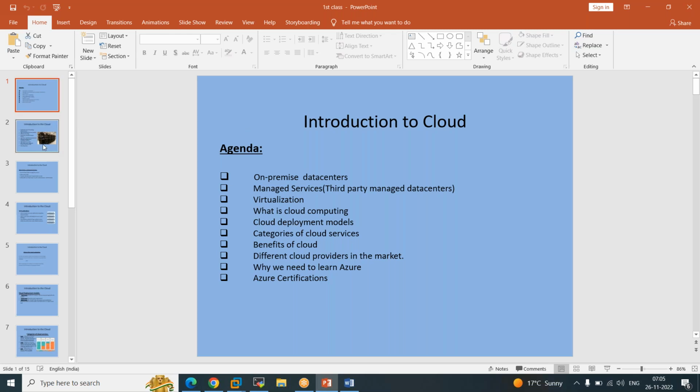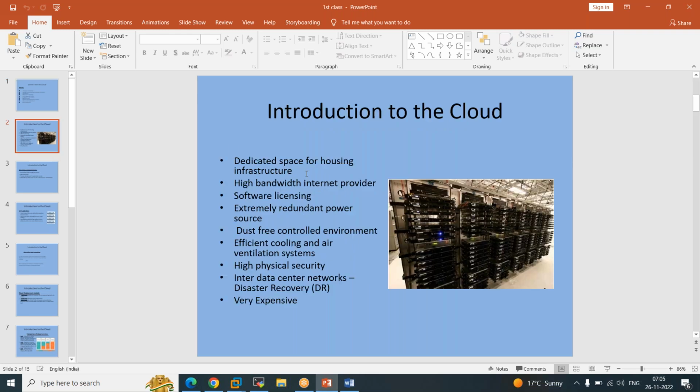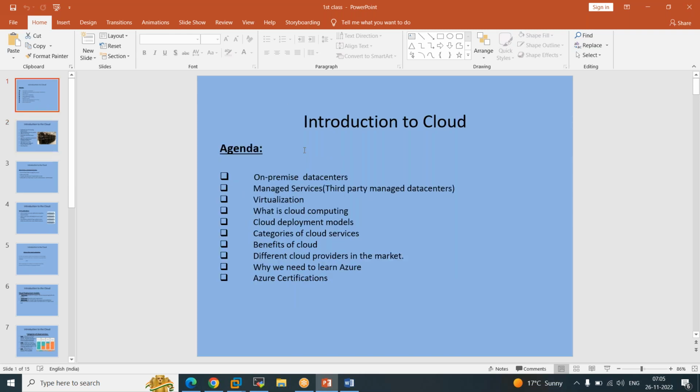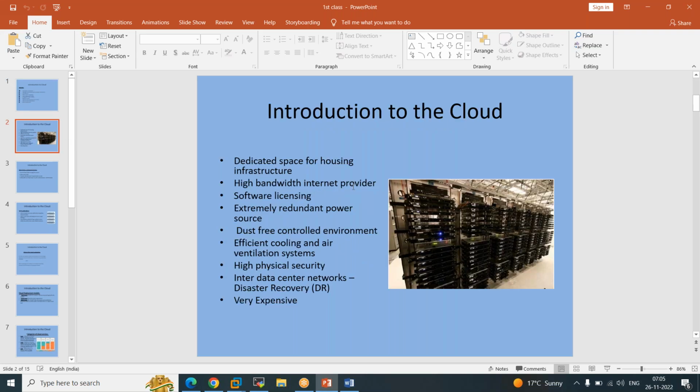So first we'll talk about the challenges people face if they maintain on-prem data centers, maintaining their own data centers. The problems they are facing nowadays, we're going to spend good time on in the first slide. So first thing, if you want to deploy your own data center, you need to have dedicated